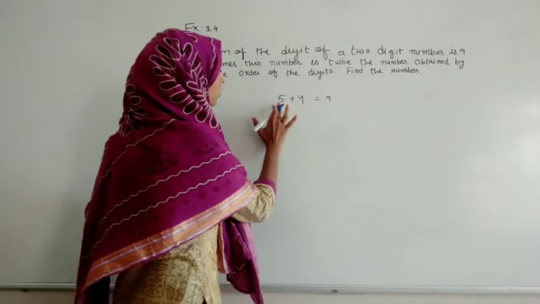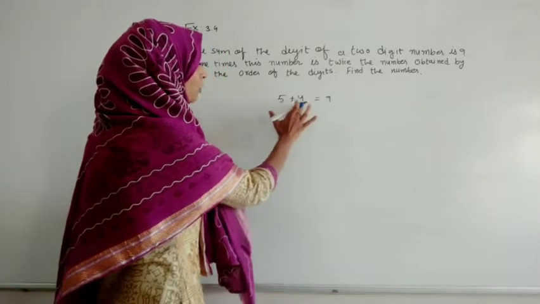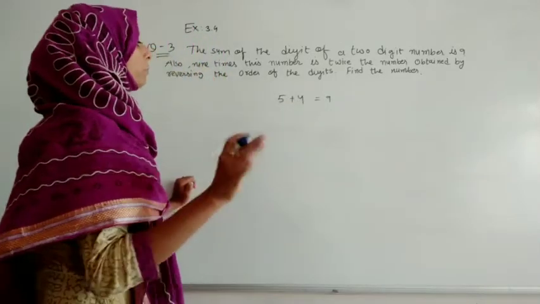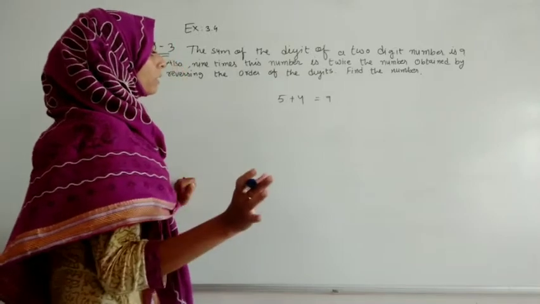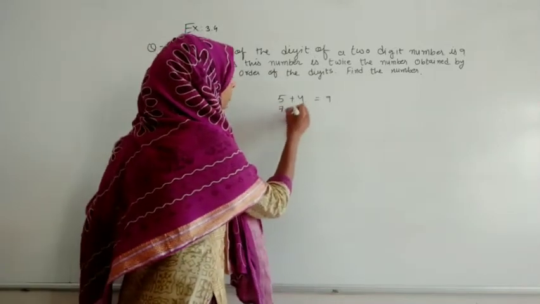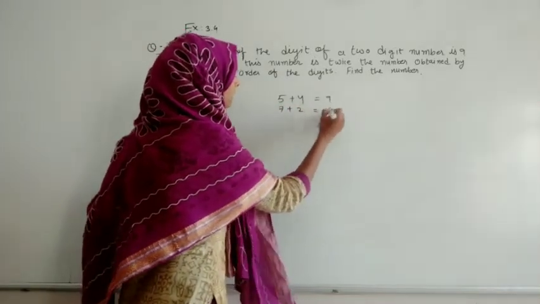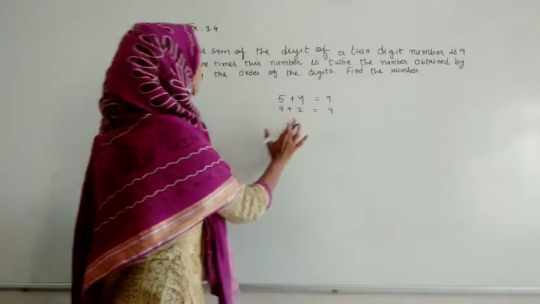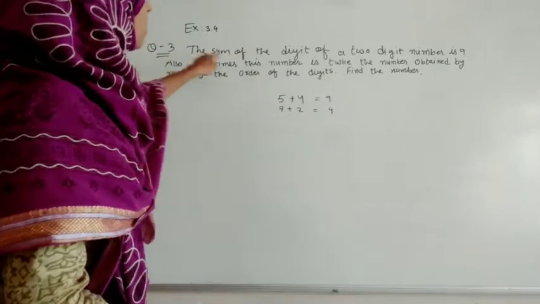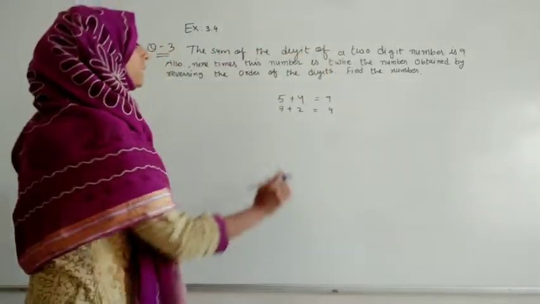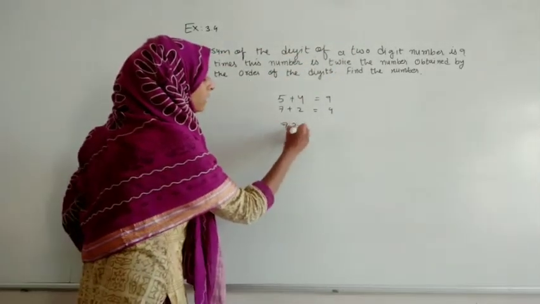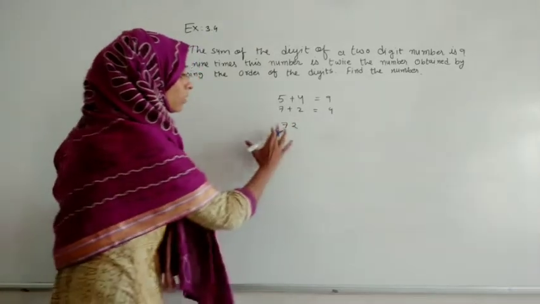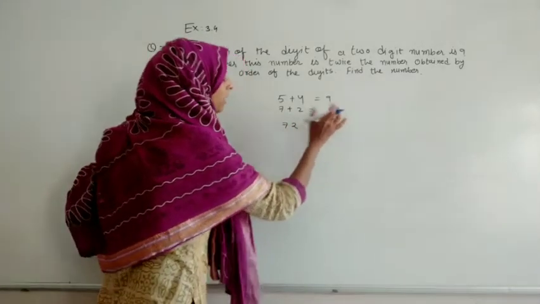Means we are not knowing whether exactly this digit is 5 or 4. We can make a combination of any numbers like 7 plus 2, so it will also become 9. So one digit will be 7 and another digit will be 2. So here what they said, the sum of the digits of the two digit number, यानी कि ये एक टू डिजिट नंबर है like 72 और अगर हम उनका सम कर रहे हैं तो हमें आंसर मिल रहा है 9.